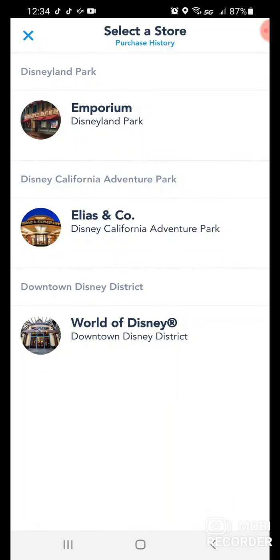We're going to go with World of Disney. What you're going to do is you're going to walk around, you find something, you're going to hit scan an item. It'll pop up with this barcode. Just put the barcode in. Really, really simple, really easy. When you're done,